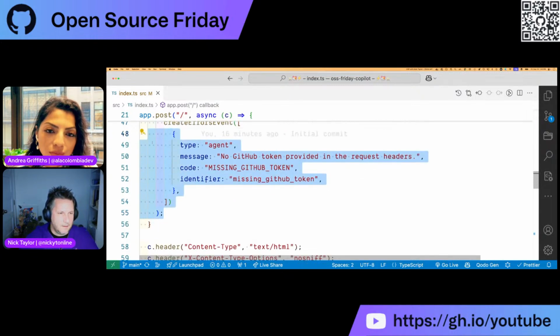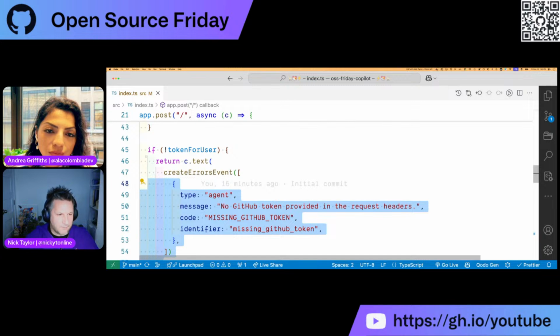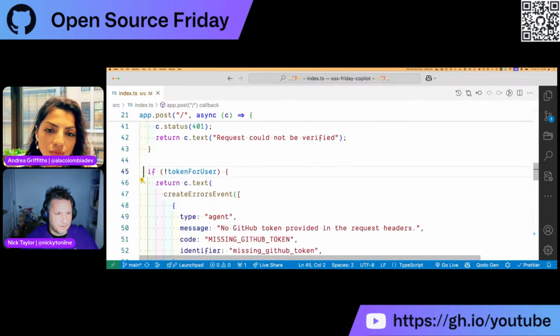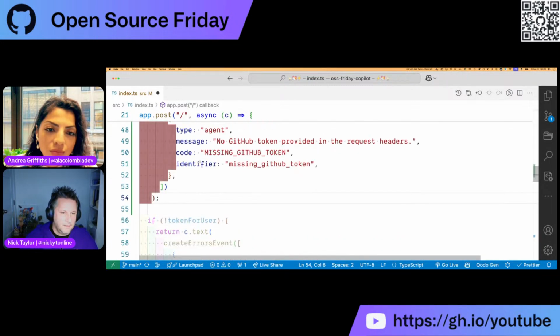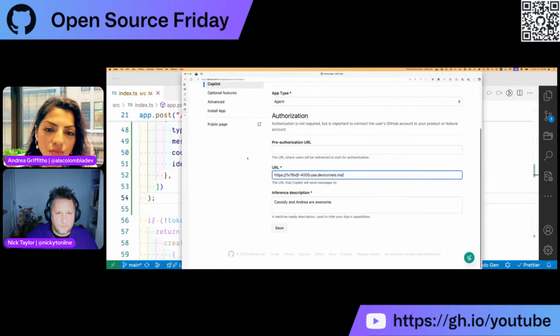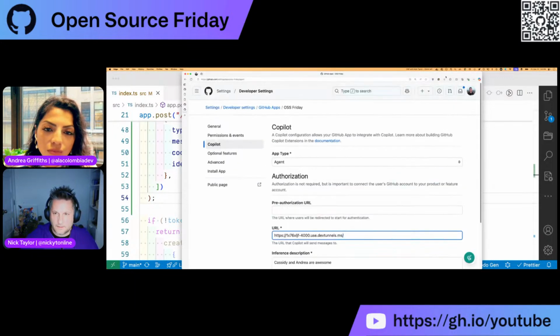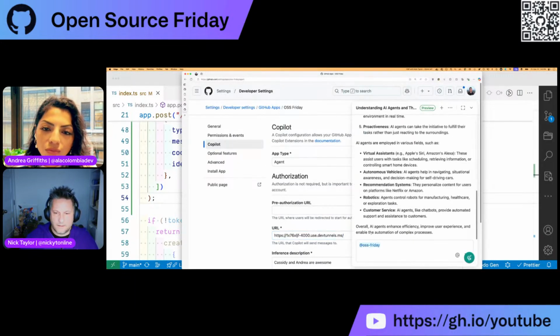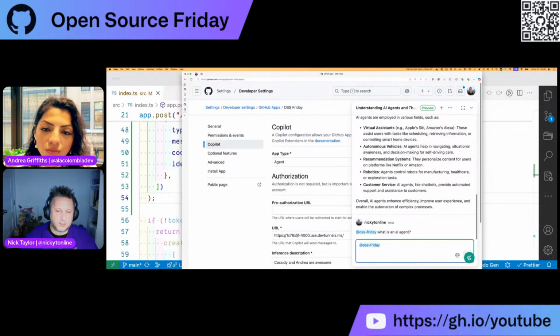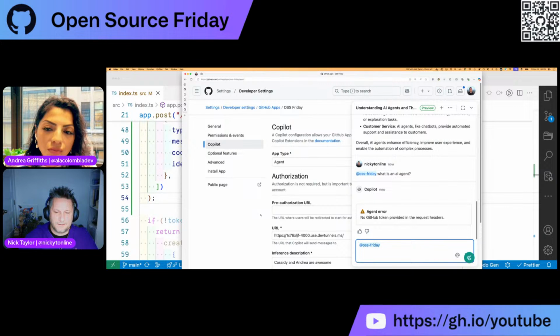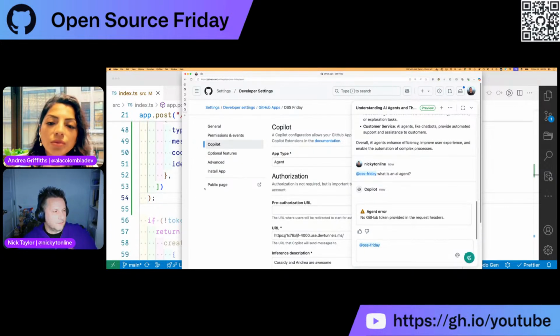I'll create an error even though it's not an error. So I'm just going to literally paste it here. And let's come back to github.com for a sec. And if I say the same thing again, it should give me an error because, okay, yeah, see? So I've returned an error using the preview SDK, and Copilot Chat has actually said, yeah, it reports